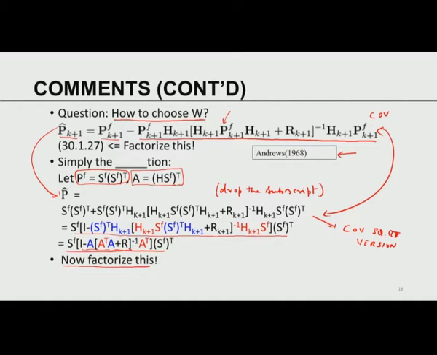I would like to remind you now, the P k plus 1 hat becomes this, and now that has been expressed this way. So if the forecast covariance can be expressed in the square root form, the analysis covariance also must be expressible in the square root form. If I express the analysis covariance in the square root form, I can identify W, the quantity that I need, very easily.